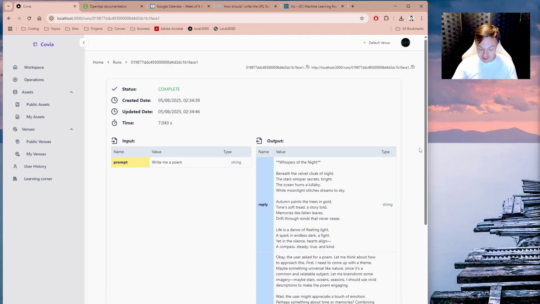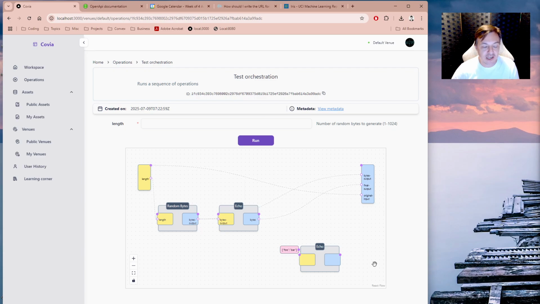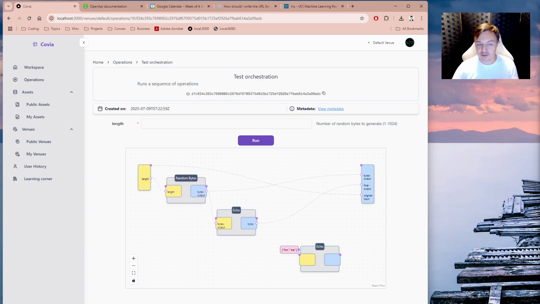But where it gets really interesting is when you start to join these operations together in order to orchestrate them. So let's take a look at an orchestration. We've got a test orchestration here, and as you can see, this is a graph of different components, each of which is an individual operation, which are going to get run in turn when you execute the operation. So if I run this with some input,